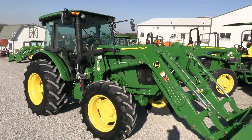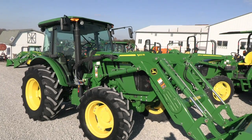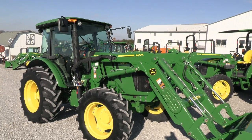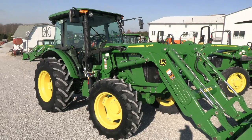Today we're showing you a 2017 John Deere 5100E. It's a four-wheel drive tractor with cab heat and air. The tractor comes with the 540M quick attach front end loader. Has just over 1,000 hours, and the tractor does have the 24 speed transmission, which gives you that power high-low,